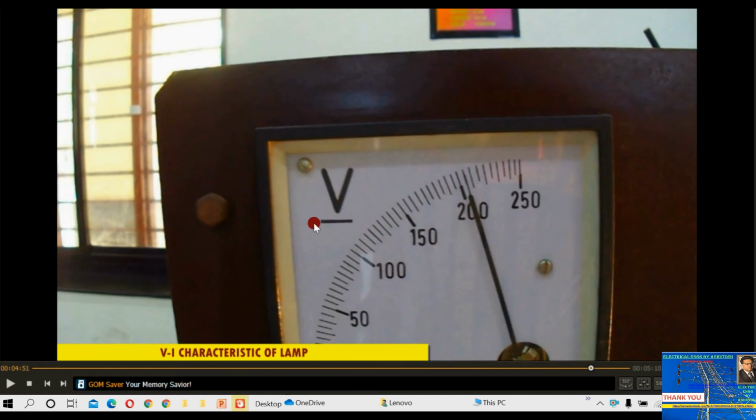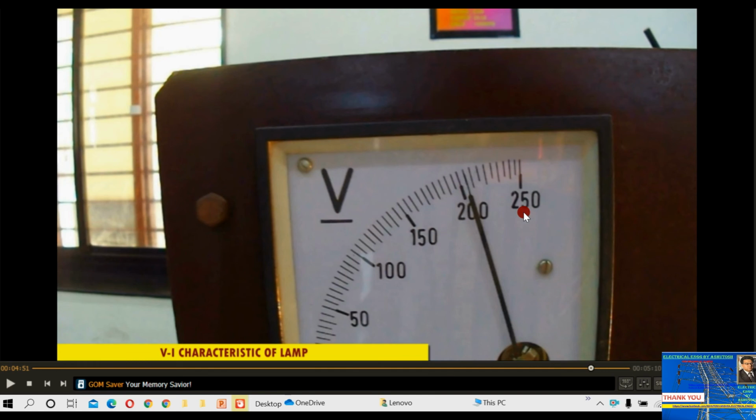And there is a dashed line. You can see this dashed line, what does it mean? We already discussed, I told you that the dashed line means it is for measurement of DC. It is a permanent magnet type, moving coil type. The type of voltmeter is a moving coil type voltmeter, and this is a DC voltmeter. This will measure DC voltage and the scale will be uniform.